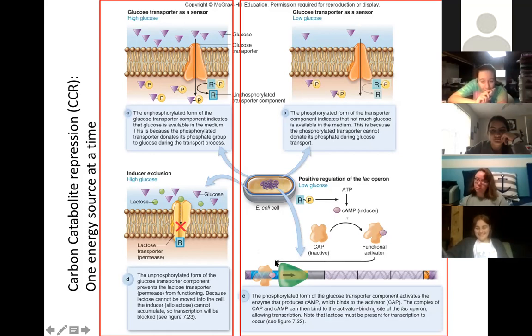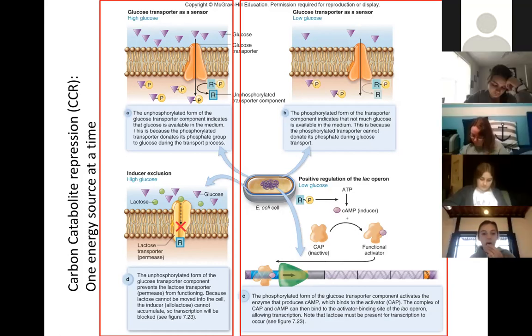But what they're not showing is, we have this activator that's bound because of cyclic AMP, which is an inducer, binds the activator, the activator binds the activation site, and RNA polymerase can bind. So what's missing from this picture that you should be able to tie in from a couple slides ago? Megan, help me out. What's missing that they're not showing? I don't know why they decided to not show it. The repressor. And you remember what the inducer is for the repressor? I know this was just brief, so it's putting you on the spot a little bit. But what's the inducer that removes the repressor for the lac operon?